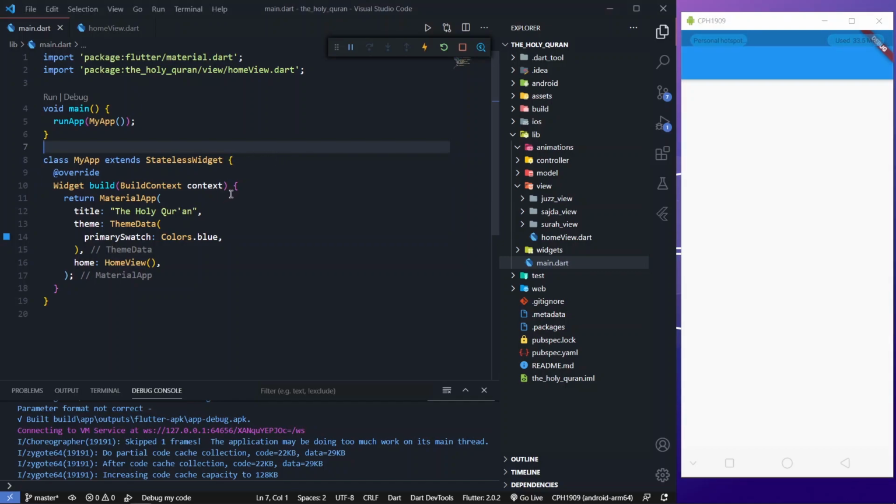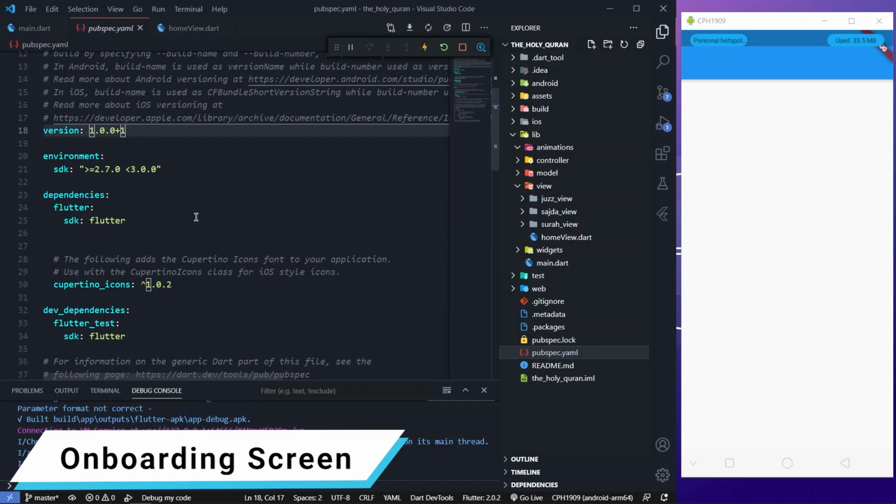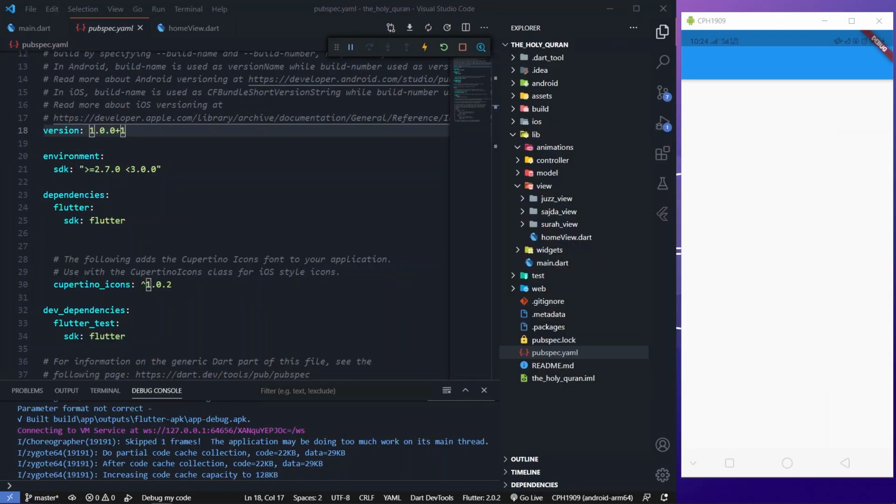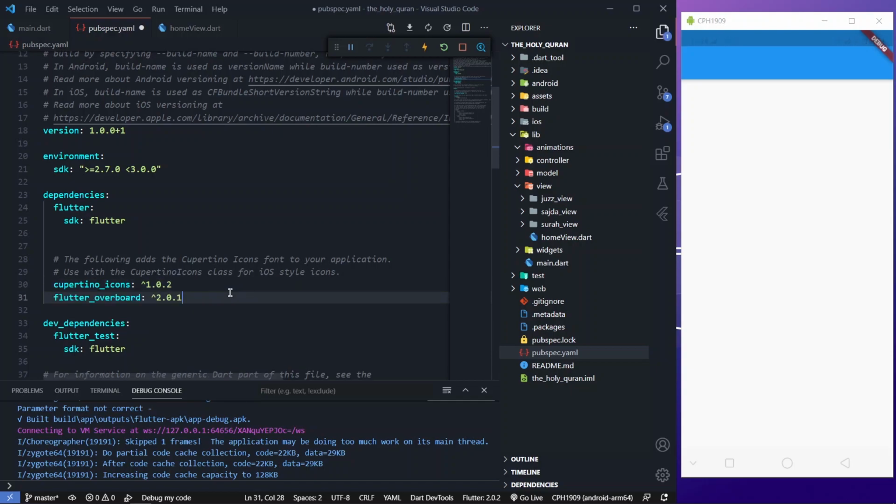So first of all, as I mentioned, we are going to talk about the basic things. We're already done with the project structure and understanding that we have the assets and everything. So first of all, let me set the onboarding screen, and for that I am going to use a package. I have all the packages here with me. The package name is Flutter Overboard, and this is version 2.0.1, and we are going to hit